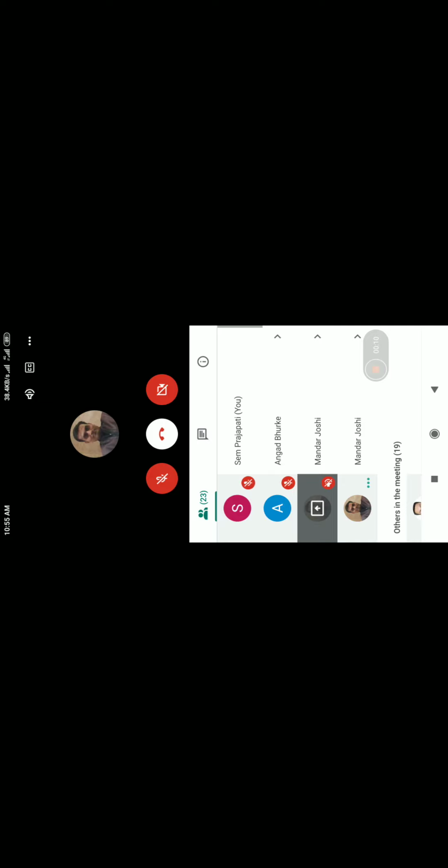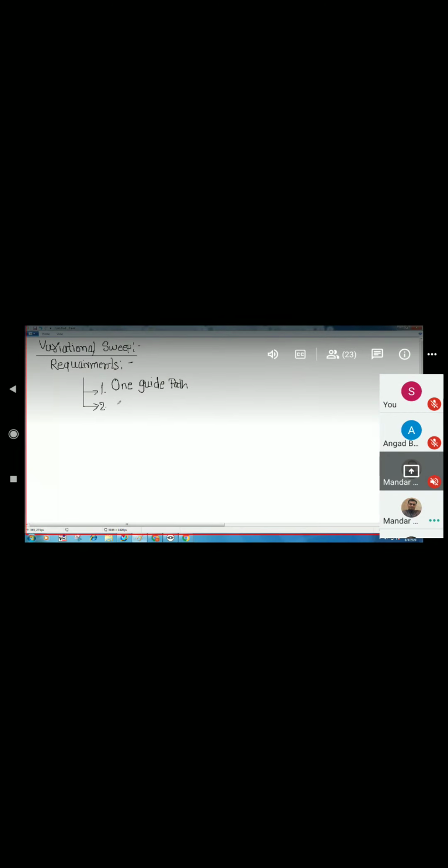Guide path, and the second requirement is multiple different size section.